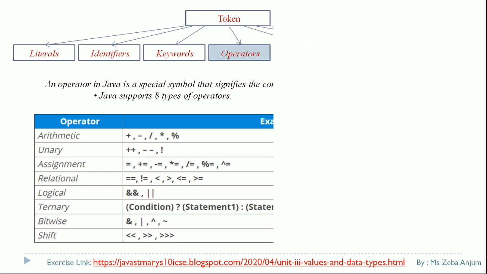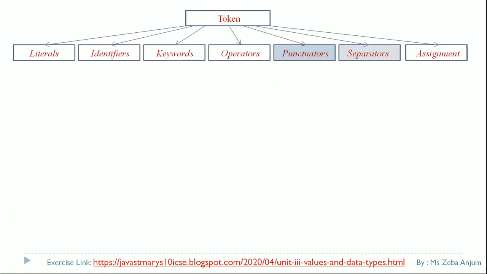Now moving towards your punctuators and separators. Basically punctuators and separators are a common thing. Both are special characters which are giving certain meaning to your compiler. Punctuators means everything that contains a punctuation mark, likewise your semicolon. Every line in a Java program you are terminating with a semicolon, so again it has some predefined meaning to the compiler. Comma you are having for differentiating between two data types, or you can say two variables. If you are differentiating between those, we have to apply the comma.